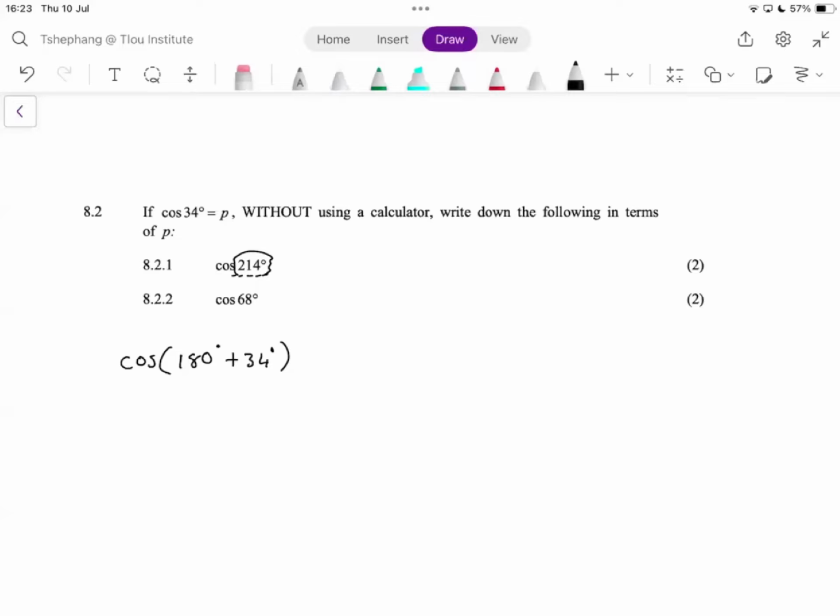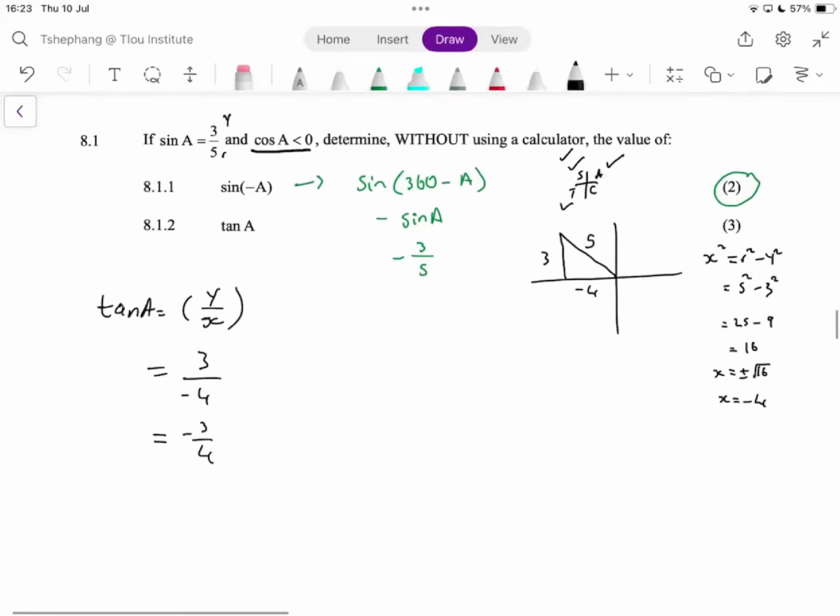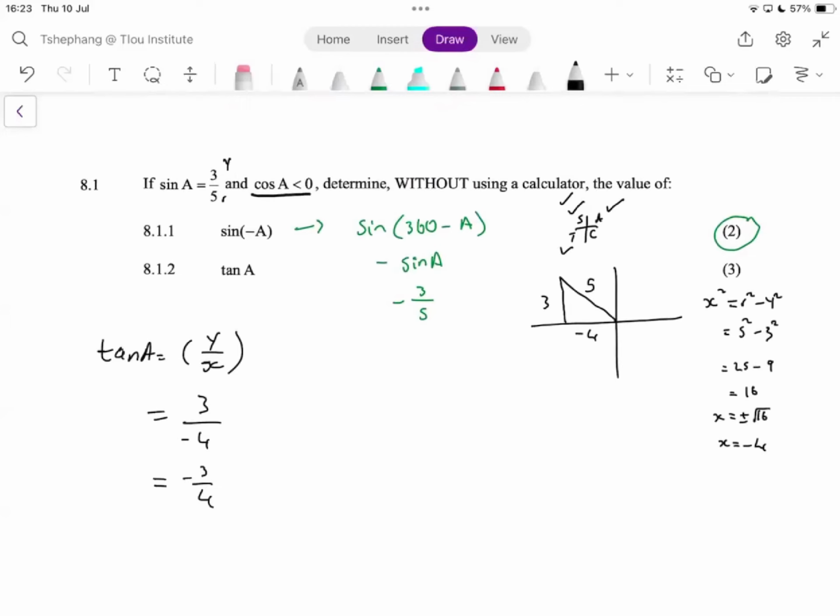Okay, there's a question, sir. Why are we working in the second quadrant? Remember, we checked by using the text. They gave us a restriction. They said sine is 3 over 5. Sine is positive in the first and second quadrant. They gave us another restriction where cos is less than 0. So cos is less than 0 in the second and the third quadrant. Then we always check where we have two ticks, and that's the quadrant that we're dealing with.